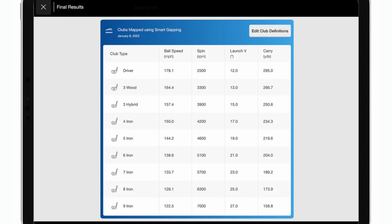So Foresight, Bushnell also have their own versions of this that have come out, so it'll be interesting to put the two together and see how they compare, but this seems to be one of the kind of big technology stories from the show this year, is integrating your practice data onto the course, and both Flightscope and Bushnell, Foresight, they're doing it in different ways, so it's gonna be really interesting to see how it turns out. Great concept, great idea,